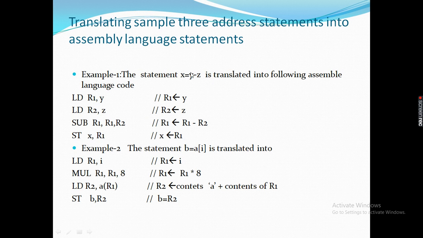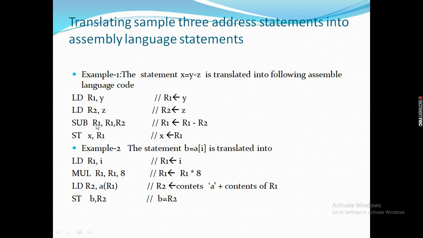Next we have to subtract these 2 values. So the values of y and z are in registers R1 and R2 respectively, isn't it? Okay, for performing subtraction, you choose the sub instruction from the instruction set. Subtract R1 comma R1 comma R2.